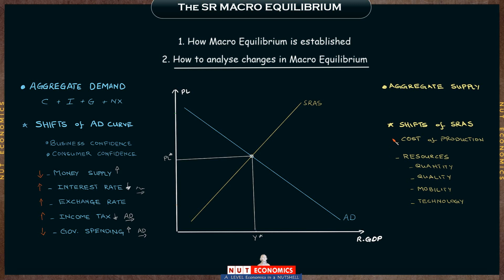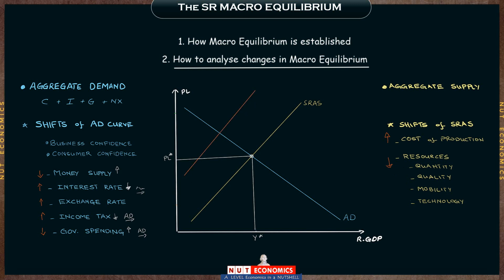Or maybe there is just an increase in cost of production, maybe because global oil prices increase. Now, if you have to work out the impact of all of these changes on the country's macroeconomy, all you need to remind yourselves is that if the cost of production is increasing, or the quantity or quality of my country's resources for any reason is falling, then your productive capacity will decrease, your short-run aggregate supply